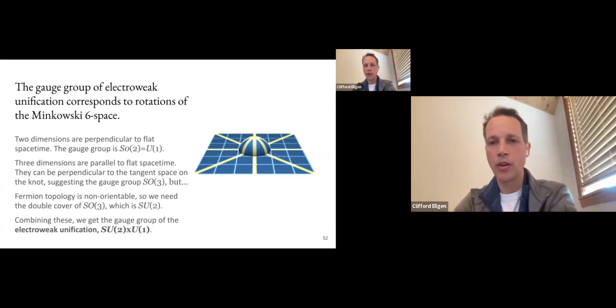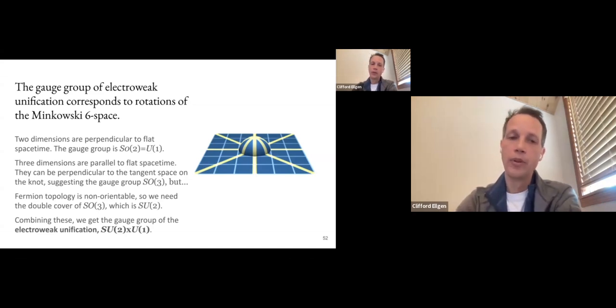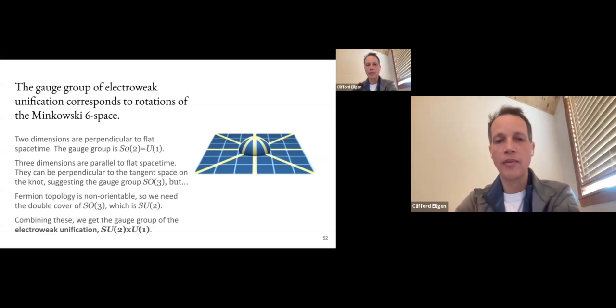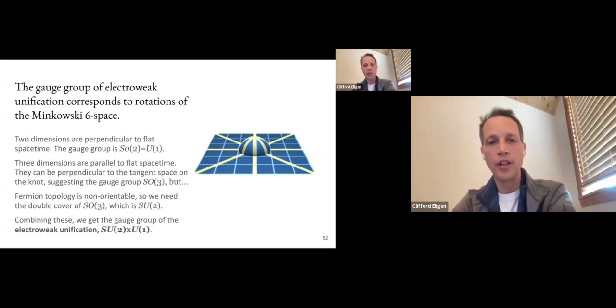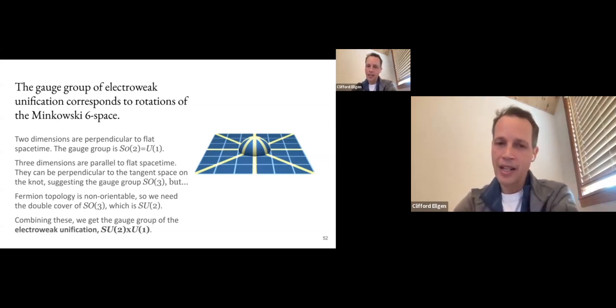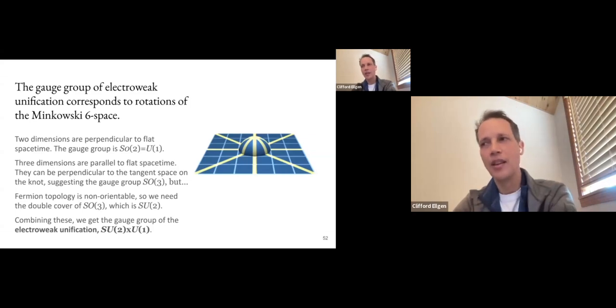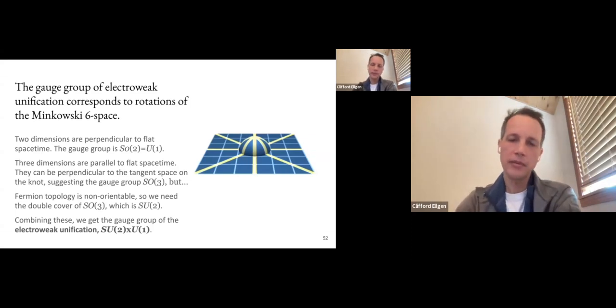So we can pick some point on this knot where any one of those 3 dimensions is perpendicular to its tangent space, which means that the direction should have no effect on the action, the entropy, the behavior, the dynamics at that point. With 3 dimensions, we can rotate those 3 dimensions using a gauge group SO(3),